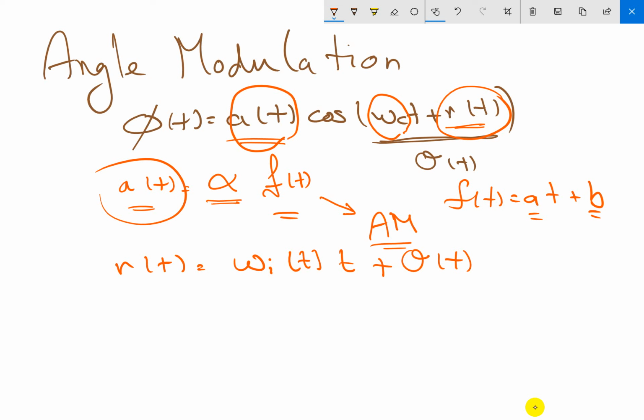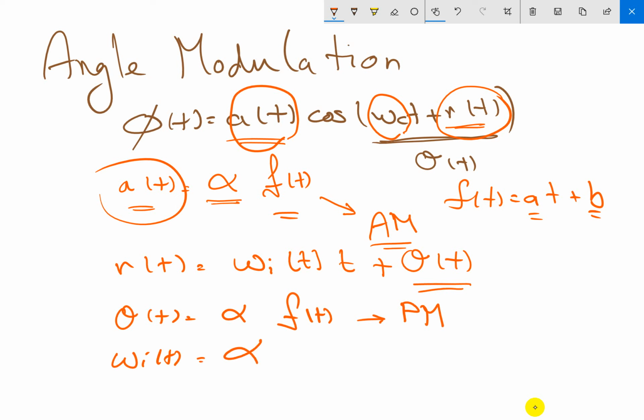If the phase is linearly proportional to the amplitude of the information signal, this type of modulation, we call it phase modulation. If the instantaneous frequency of the modulated signal is linearly proportional to the amplitude of the information signal,